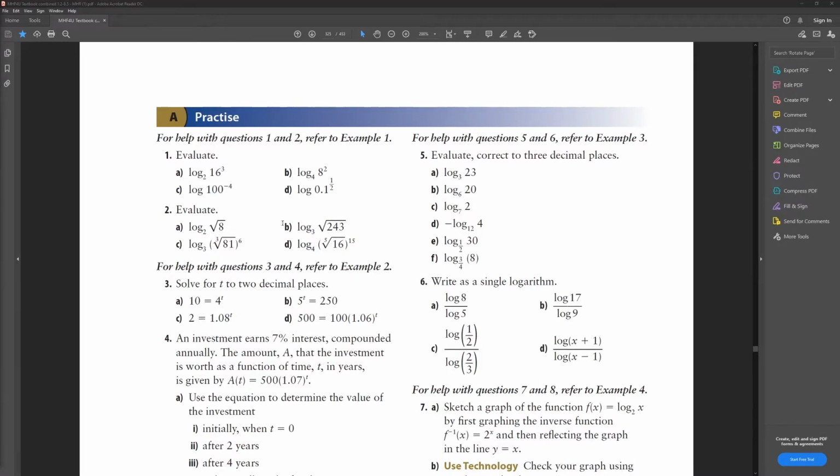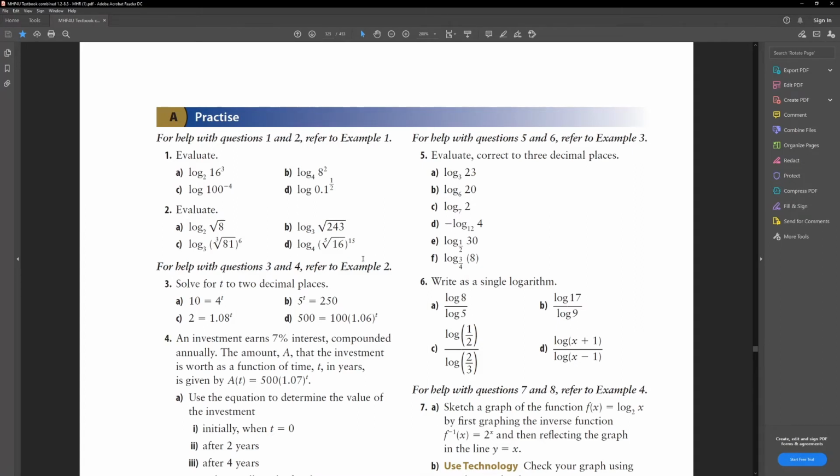Our next question was B and D. Again, we just need to identify the fact that when we have a root or a radical, that is a value to the power of a fraction. So the square root is something to the power of 1/2. The cube root is something to the power of 1/3. The fifth root is something to the power of 1/5. So knowing that fact, we can evaluate our logarithms. So again, we would write the square root of 243 as 243 to the power of 1/2. So we'd bring the 1/2 to this side. And then we just find out how many multiples of 3 we need to get 243, and then times that by 1/2,